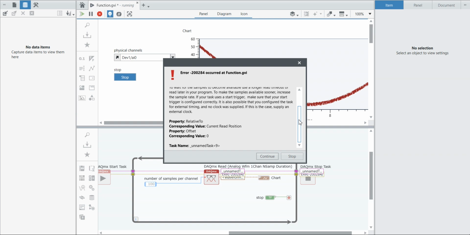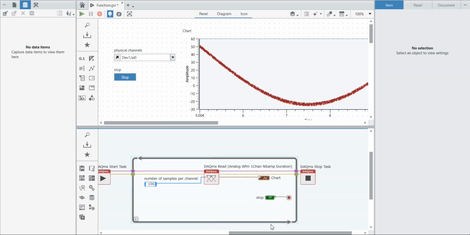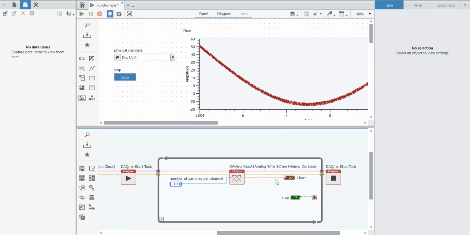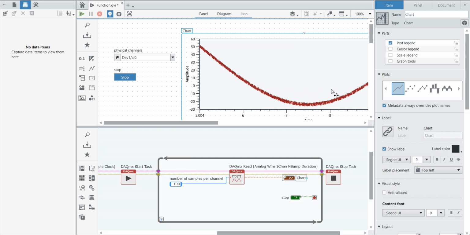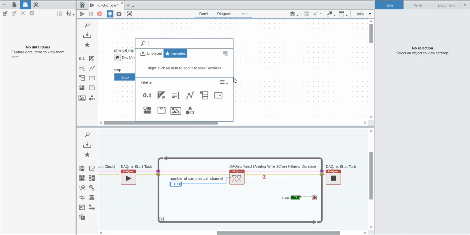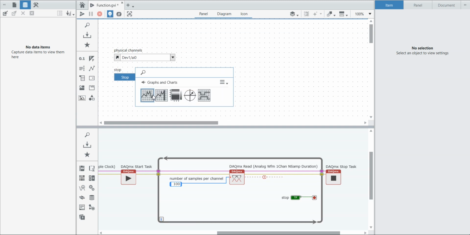Here is one way we can generate the continuous data. I am going to show you one thing. What will happen if I replace these things? Can I replace this waveform chart with the waveform graph? For that, capture images I don't want, change to control no, indicators no, move axis no. So I am going to delete this one. Right click here, come into the waveform and take a waveform graph and place it here.